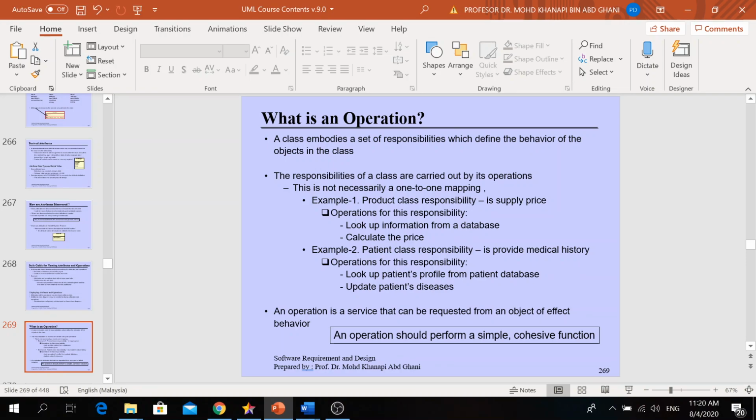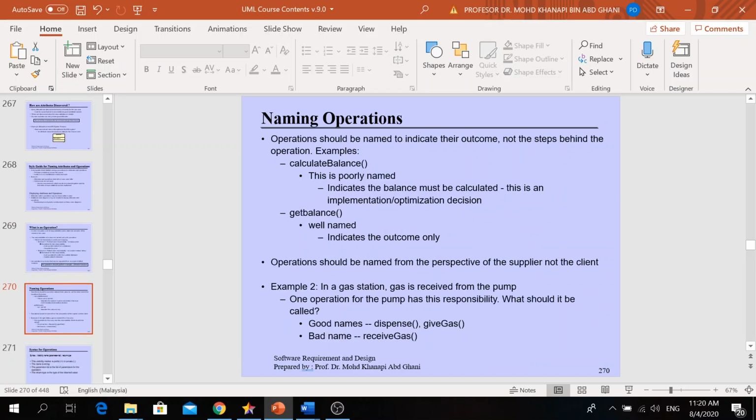If you talk in technical terms, the operation is the logic of your program.